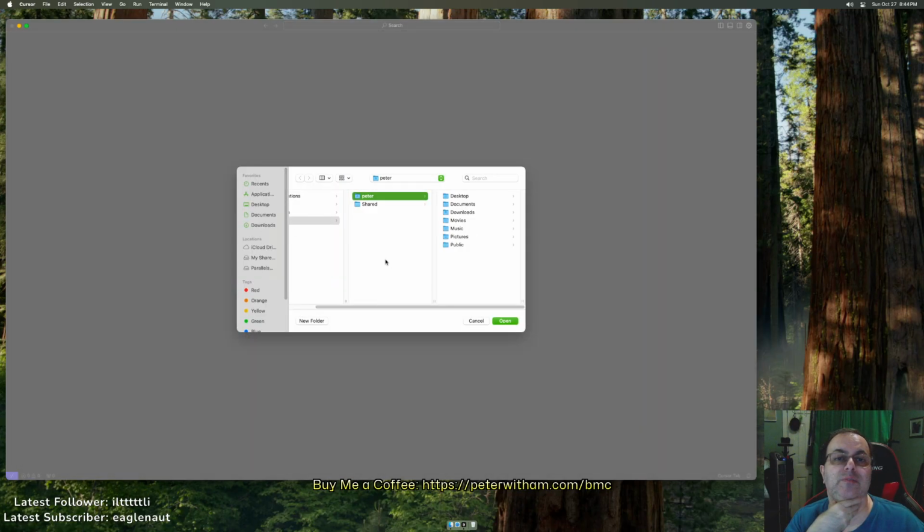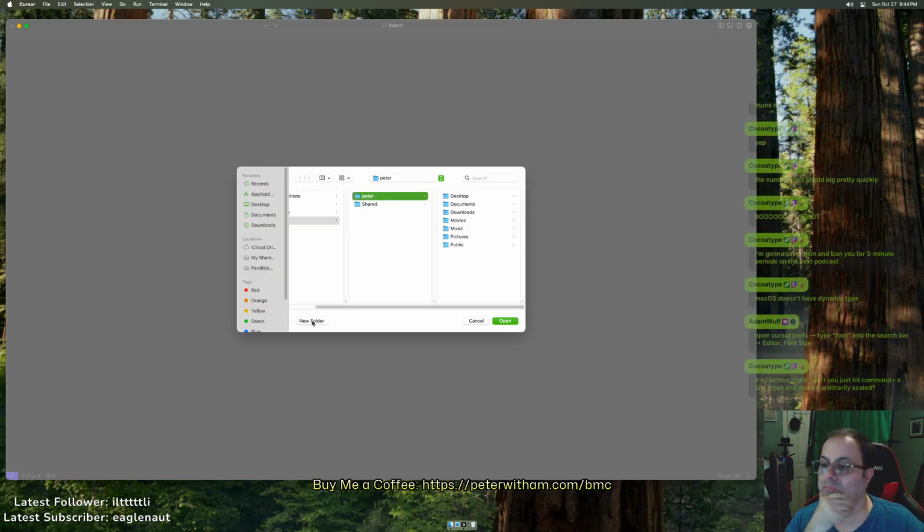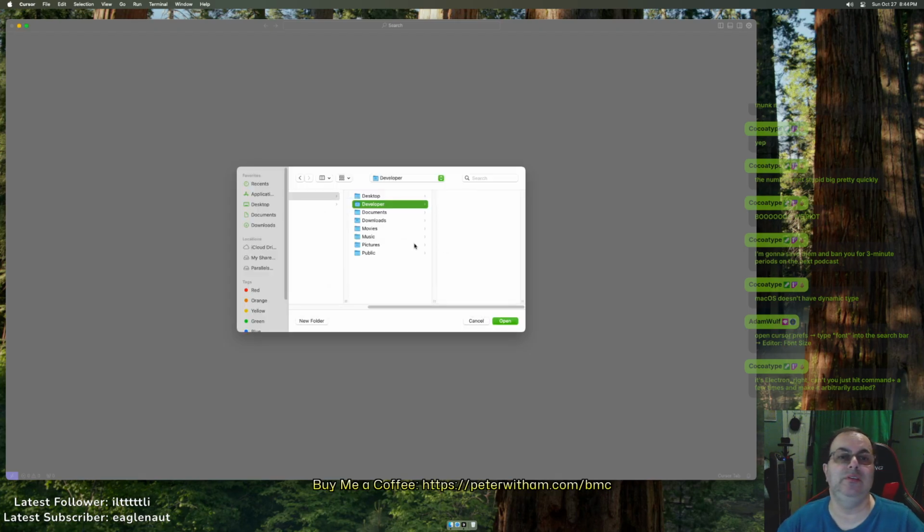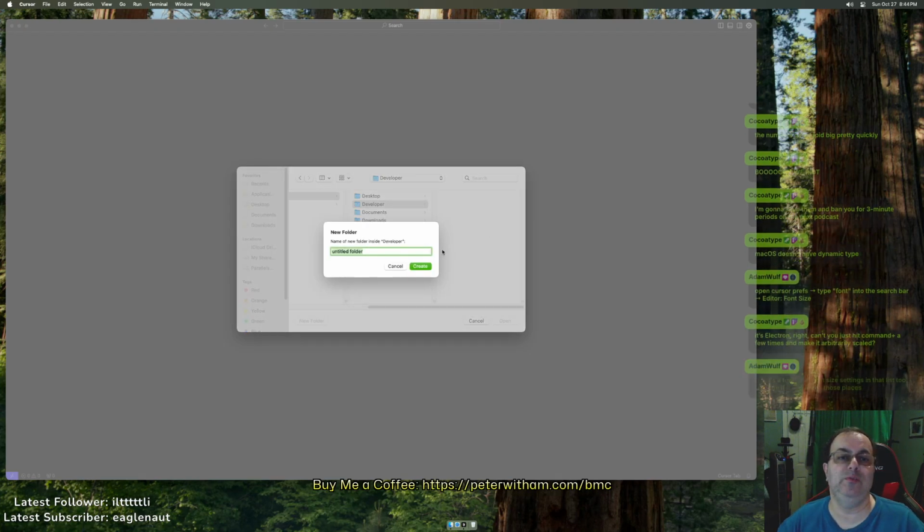We'll create something new. I'll try it. It is still Electron based because it's based on VS Code, right? As far as I know, that's still Electron. Let's make our developer folder. Make a new folder in here called